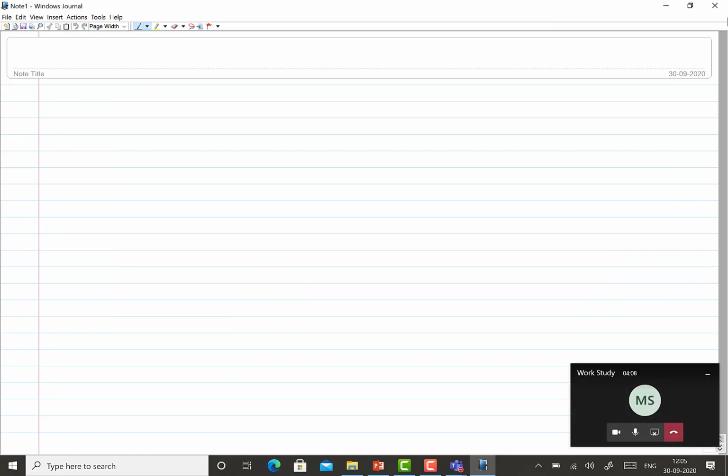We are talking about the recording techniques related with the method study, and we have talked about the flow process chart, outline process chart, then flow diagram, and then string diagram. In this presentation I will start with one example related with the flow diagram. Like I gave one example related to the flow diagram in the last lecture, wherein we used that flow diagram for improving the